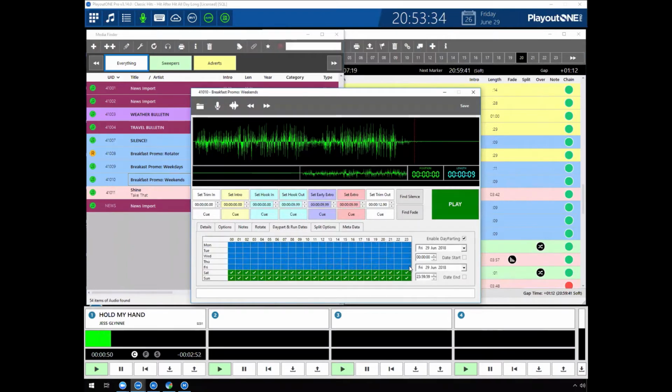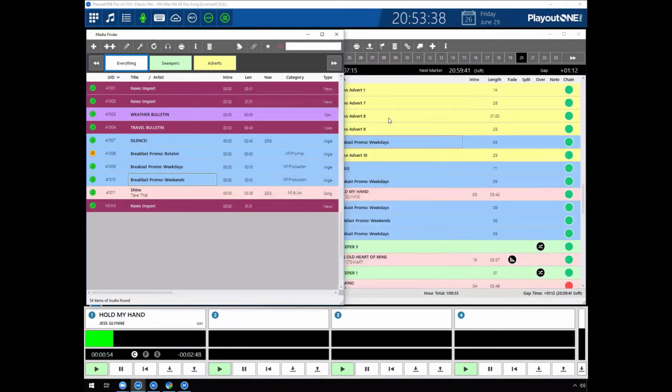In a practical sense, it depends on your radio background. I'm an old-fashioned dude, so I've been brought up in the world of scheduling on professional systems. So you have all of this in your mind with the scheduling packages that you may have. Yeah. If stations have got PlayoutONE Pro, and they're not wanting to be as structured in that way,